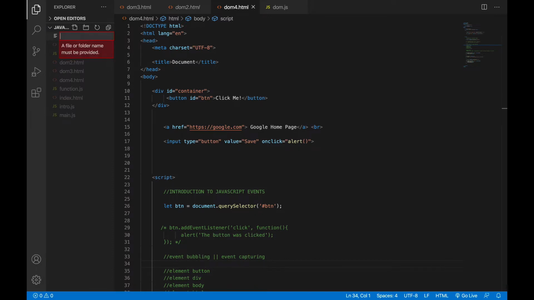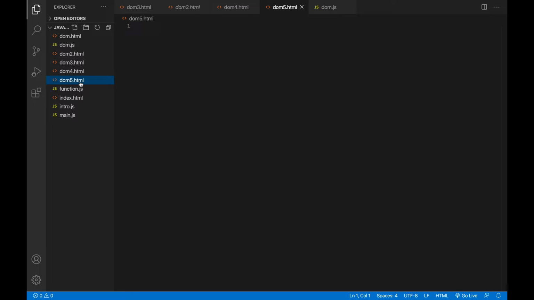Okay, sorry. So I'm going to write DOM. It's still under DOM 4.html. Oh, we already have 4, so 5. DOM 5.html. Okay, so we're going to bring HTML5 up,